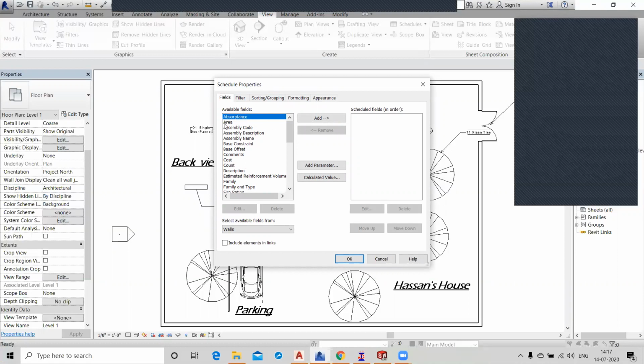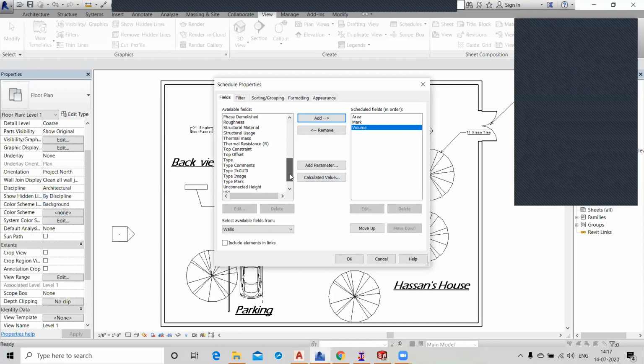First you have to assign the area of your walls, and your mark, which means the ground floor walls will specify the ground floor. And you have to choose here the volume, which is helpful to find the number of bricks.